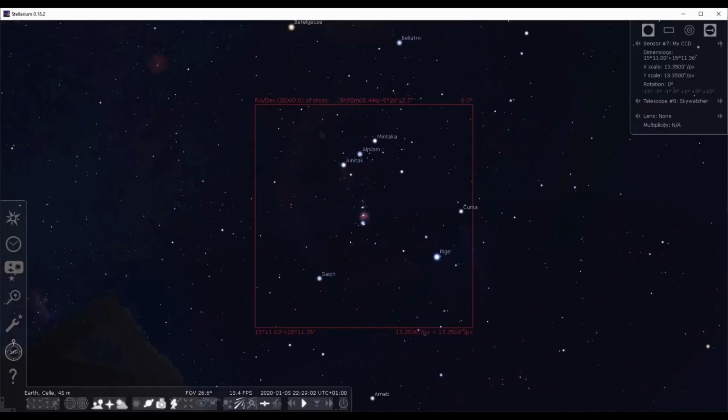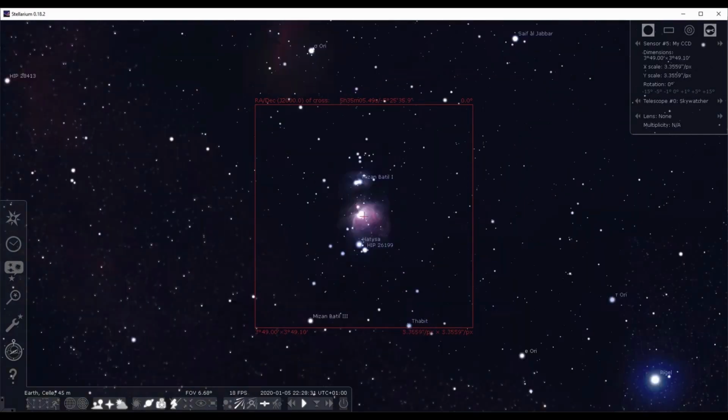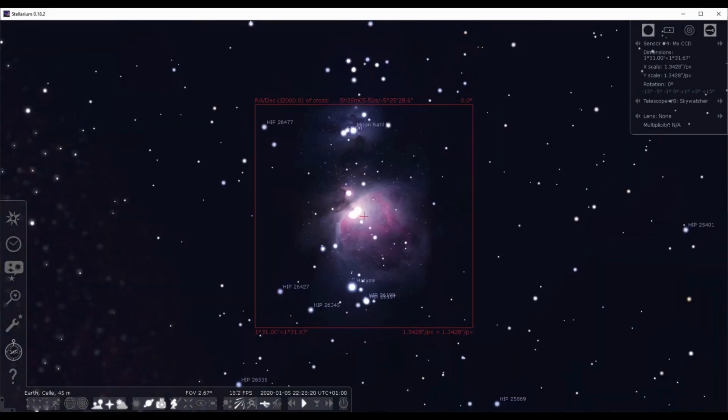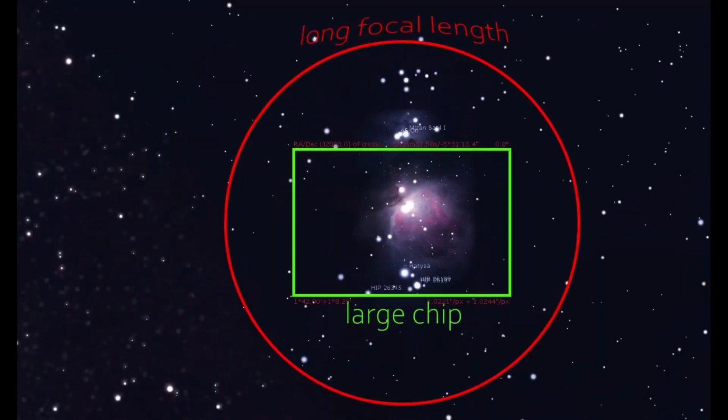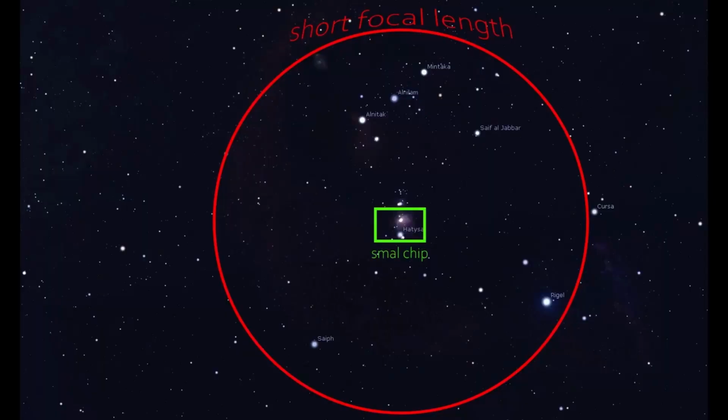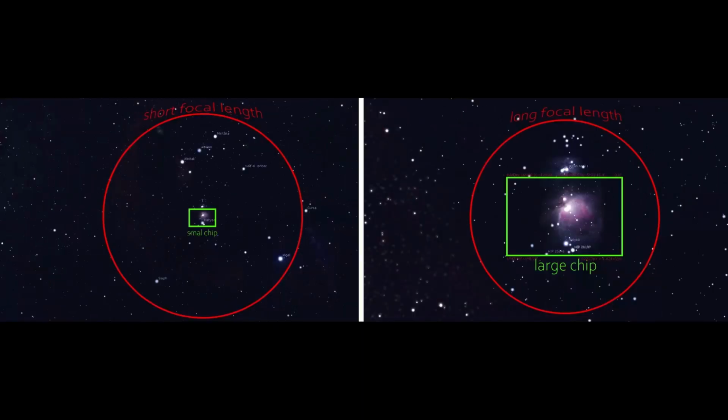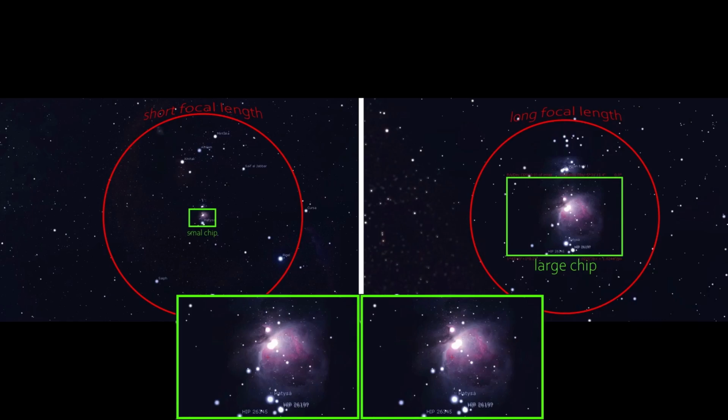In astrophotography, the second and most important factor is chip size. If you decrease the chip size, you are limiting what you can see in the sky. So a longer focal length scope with a large sensor can actually see the same as a shorter focal length scope with a very small sensor. There will be no difference in the image. As you increase the patch of sky you can see with your short focal length, and then you cut out a major part of it by reducing the chip size, in that case you will see the same patch of sky as in the previous case.